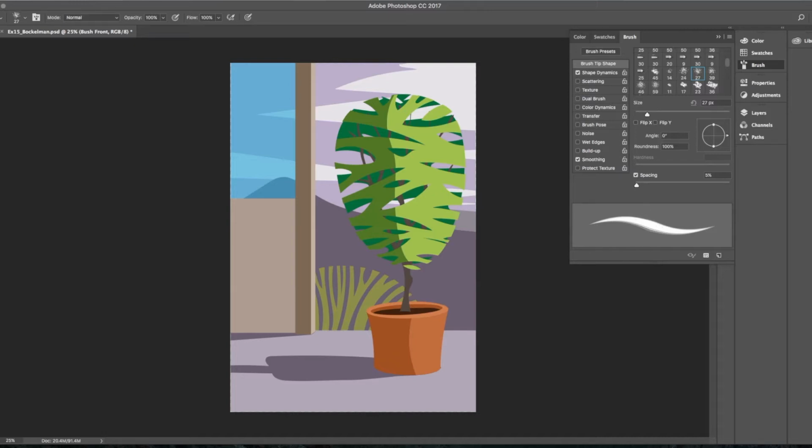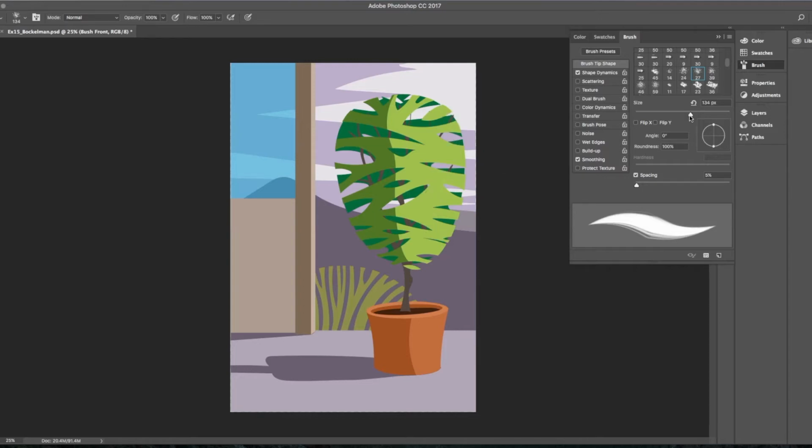So I'll just test this out real quick. I'm using black. You can see that right here in the fill. I'll hit the right bracket key to increase the size. I can also do that from right here in the panel. Let's go ahead and drag down, see what that gives me. So you can see it has a little vignette on the end. I'll hit Command Z. Now in Photoshop, when you need to undo, the first time that you need to undo something is Command Z, but the second time you need to undo, you need to hold down Command and Alt